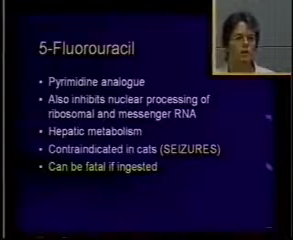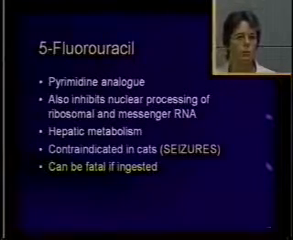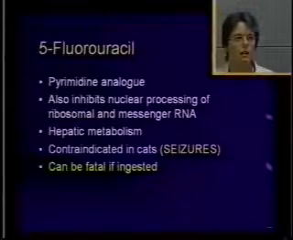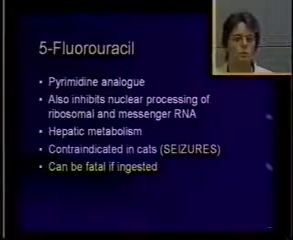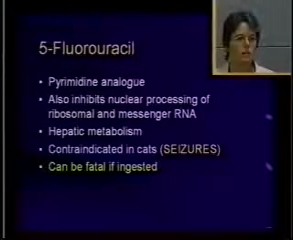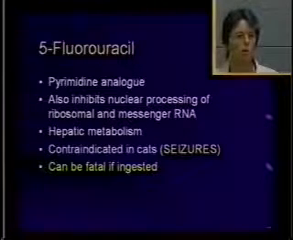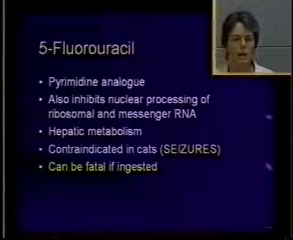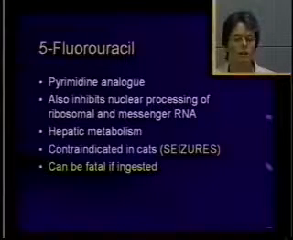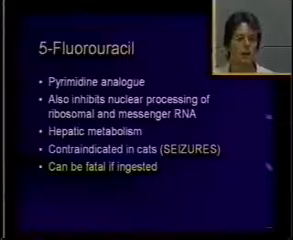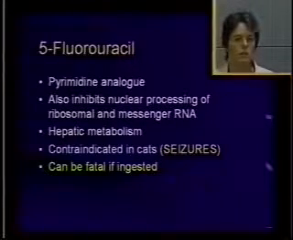We'll talk a little bit about 5-fluorouracil, although it's not that commonly used. It is a pyrimidine analog. It also does inhibit nuclear processing of ribosomal and messenger RNA, and it's unknown at this time which of these two mechanisms of action is the most significant. It's metabolized by the liver. The primary reason that I'm discussing it today is that it is absolutely contraindicated in cats. Cats that are treated with 5-fluorouracil develop seizures and they die, and so we do not use it in feline